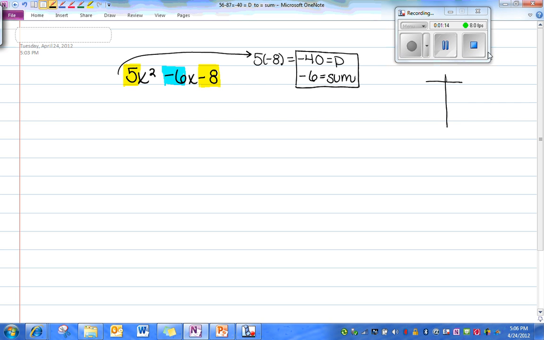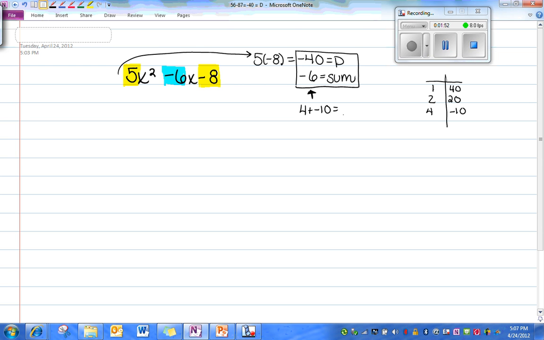factors. We know 1 and 40, 2 and 20, 3 doesn't multiply to give us 40. We can do 4 and 10, and that looks like it'll work to give me negative 6. I just need to adjust the sign. Since it's multiplying to give me a negative number, one of these needs to be negative, the 4 or the 10. I'm going to choose to make the 10 negative because 4 plus negative 10 is equal to